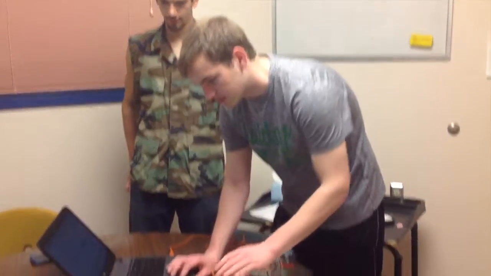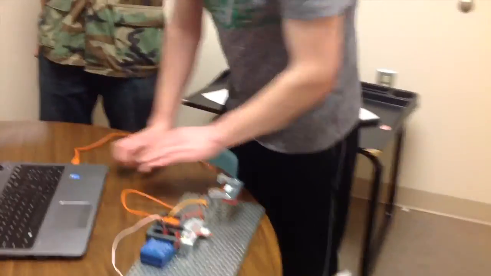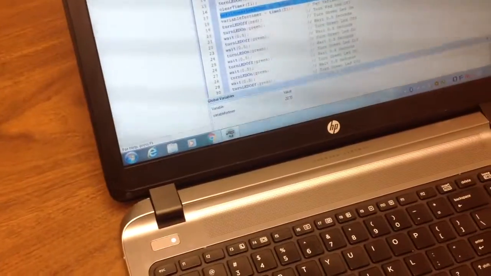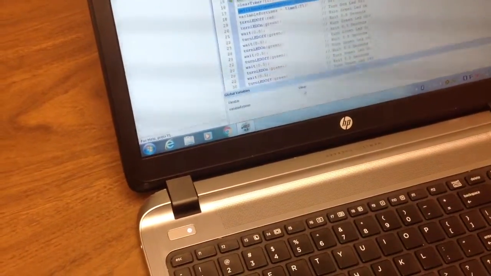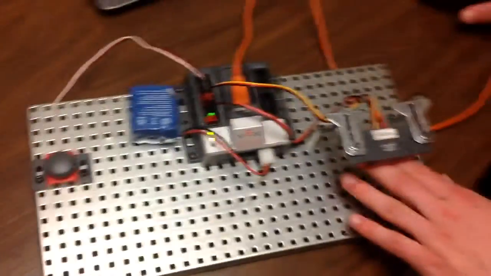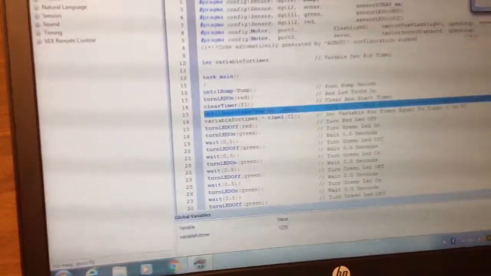There's also a timer that shows the timer variable on the actual program. That was 1 second. So the code is just: push the bump button, the red light turns on, clear and start the timer,